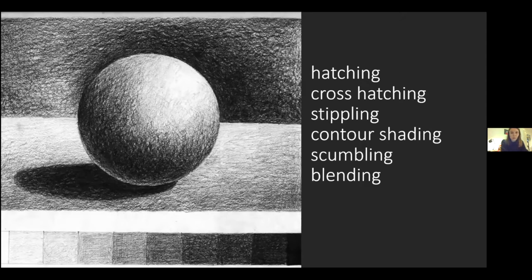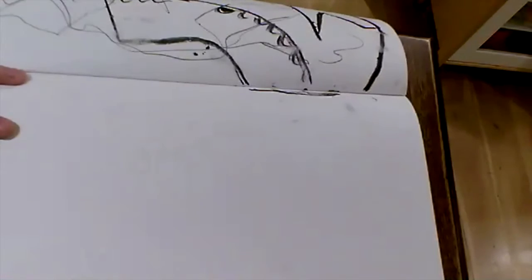So we're going to go through these now. Some of you might have come across these before, so don't feel like you have to do this with me if you've done it already and you're really familiar, but I am going to put the visualizer back on, and I'm going to go through each one, and I'm going to draw a circle and turn the circle into a sphere by adding dark shadow to it. Okay, can you see that okay?